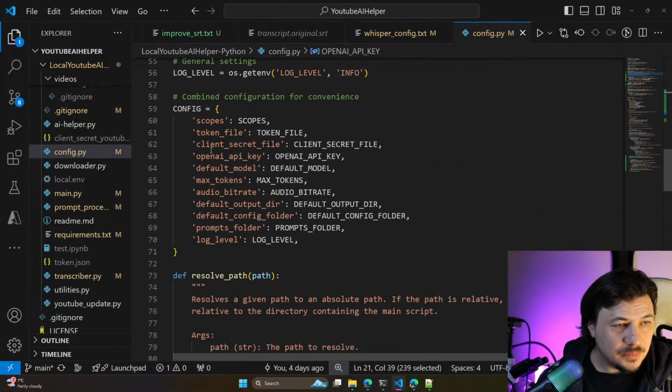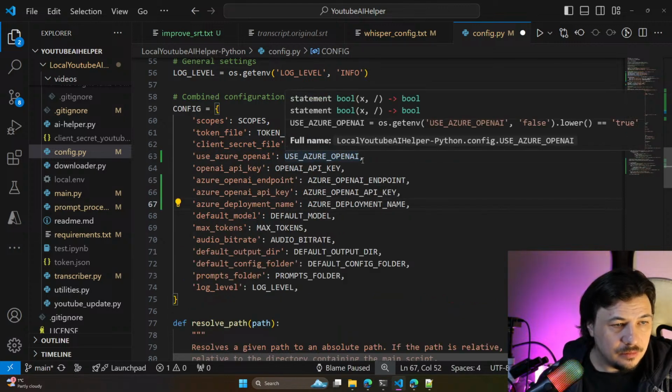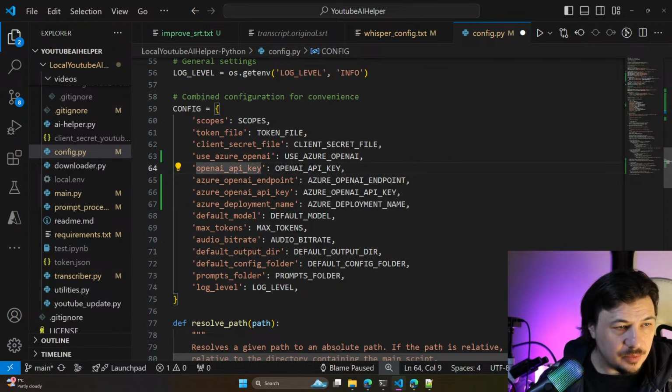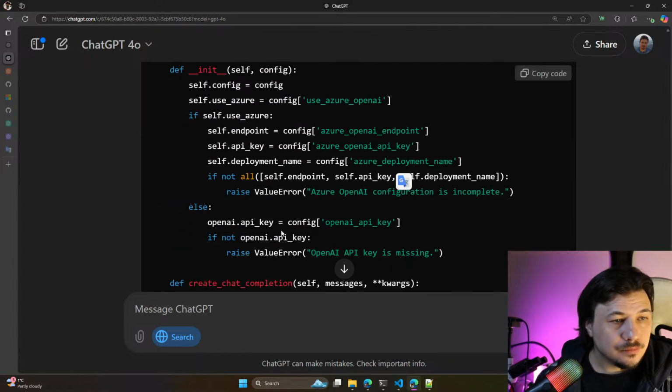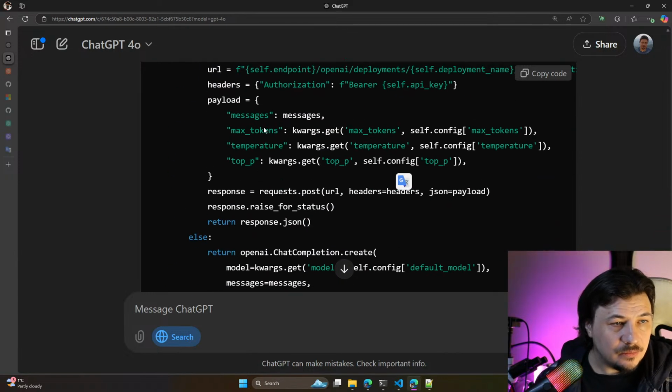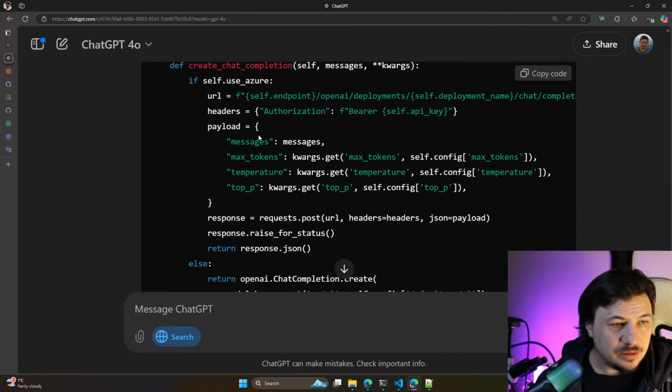So instead of OpenAI key, we will insert OpenAI API key. Use Azure OpenAI, Azure, so it would be keys. And let's see how we do chat completion.